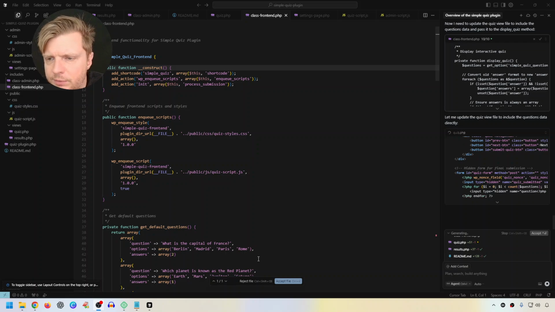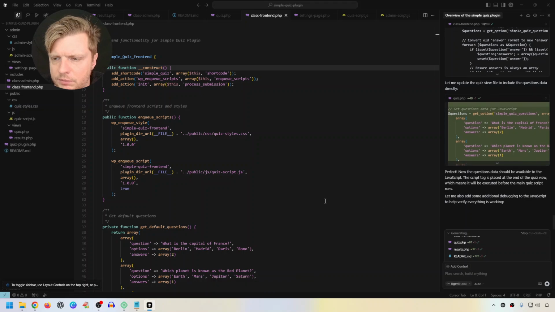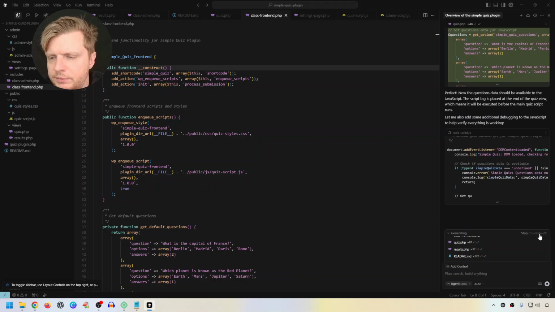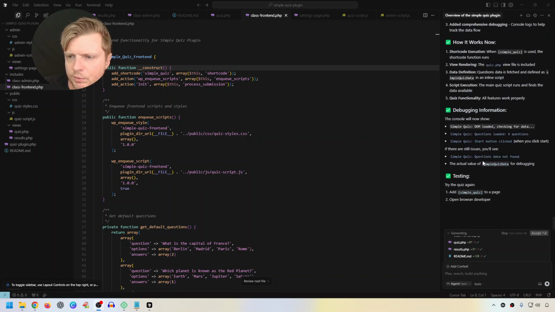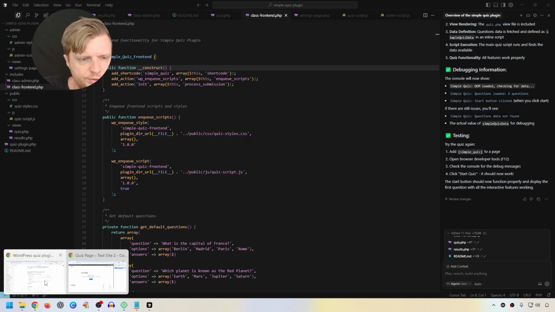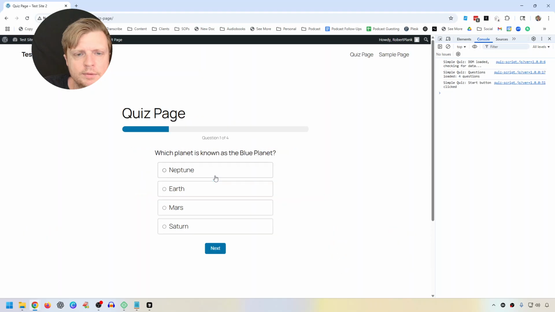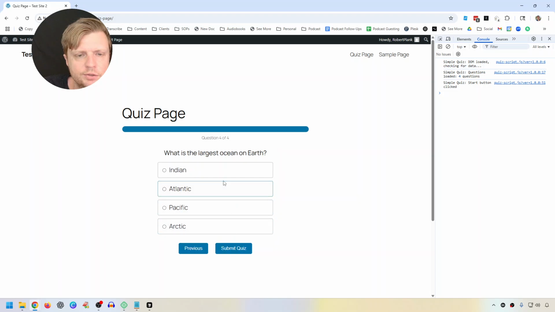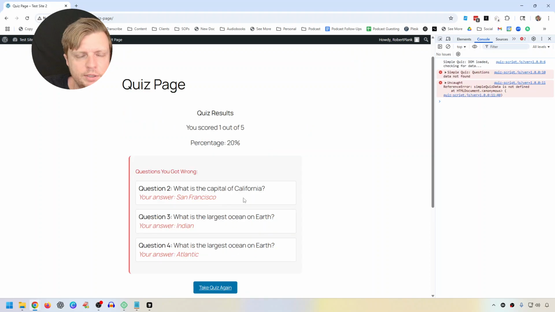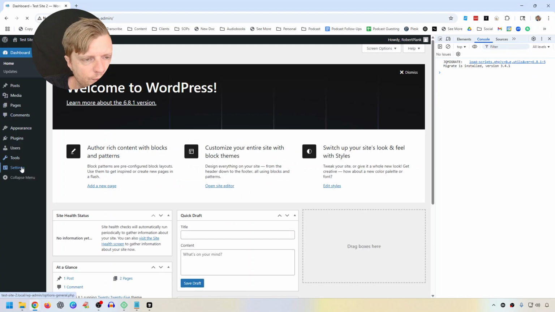Still does take a while to make these changes, even with our separate files. Accept, all right, accept all. Still working. Okay, now it works. And it even tells us how to debug it. So accept that. And start quiz. Aha. All right. It seems to be working. So we can answer all the questions, get to the end, it shows us questions we got wrong, take quiz again, then we can go to the settings,